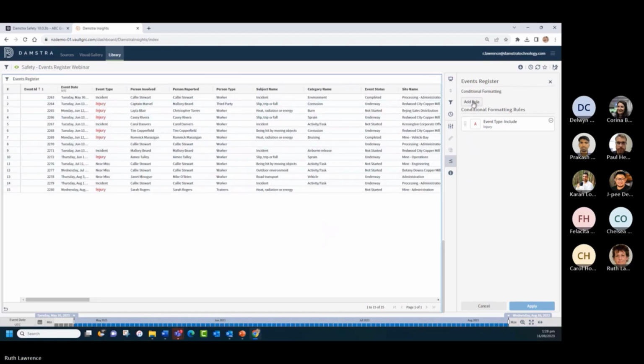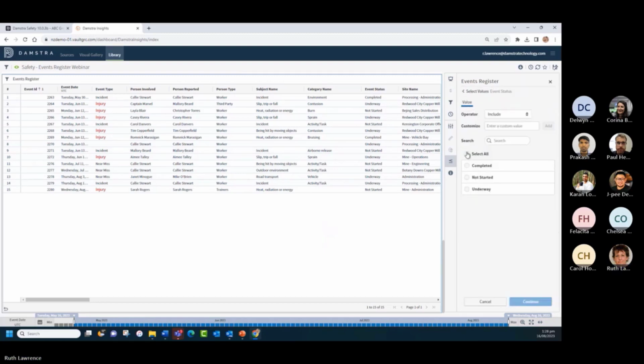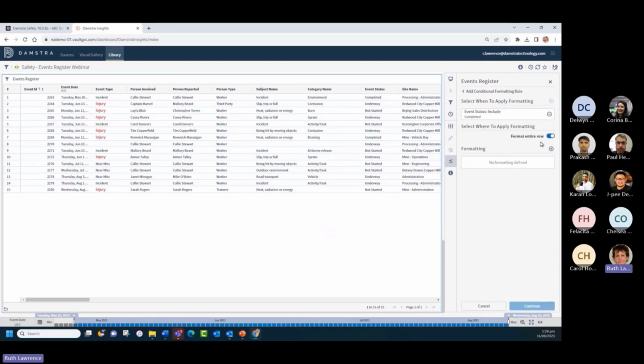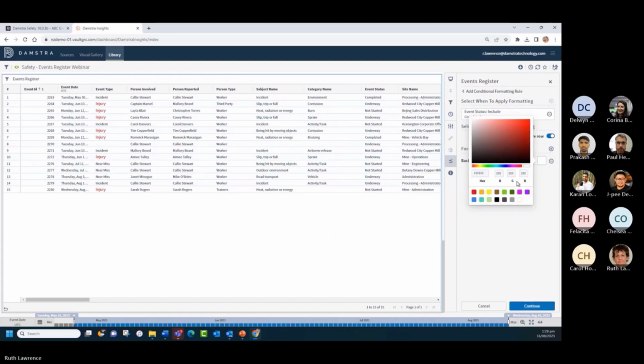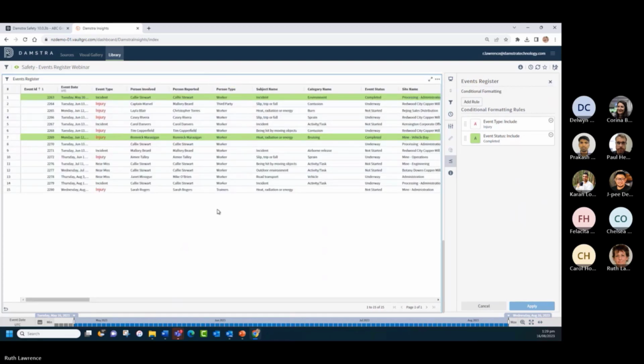I'm going to add another rule, that my event status is completed. Continue, and this time I'm going to format that entire row. If it's completed, I want the background color to be a nice light green. So now my injury is in red, my completed is in green, and I might add another rule, my entire row